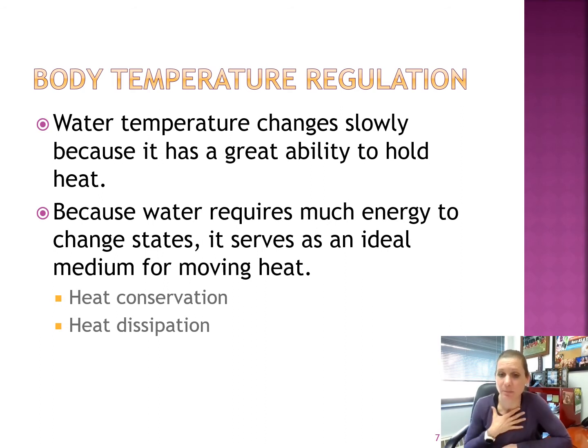Okay, so again, if I want to keep the heat at my core, like if I'm in a cold environment, what's the first thing to get cold? My fingers, my nose, my ears, those are going to get cold pretty quickly, right? And the reason for that is I'm going to constrict blood flow to those particular locations. And that's my body's way of saying, hey, we don't really need fingers. We need to maintain those visceral organs that you have at your core. And that's more important than saving your fingers, for example. And so we're going to constrict blood flow to those peripheral areas, and that's going to allow us to maintain heat.